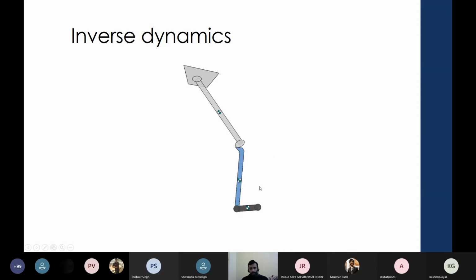Like I mentioned earlier, this is an inverse dynamics schematic. There will be 3 links, at the foot segment and the lower limb segment. At each joint, there will be some moments and reactions. The external force is usually applied at the foot segment.